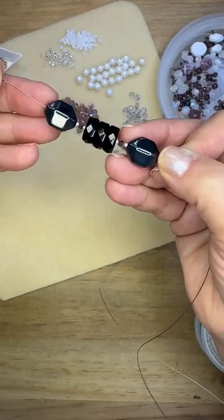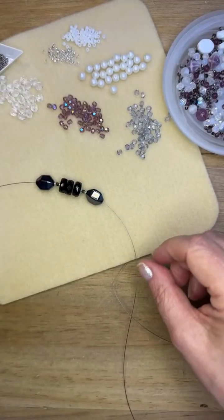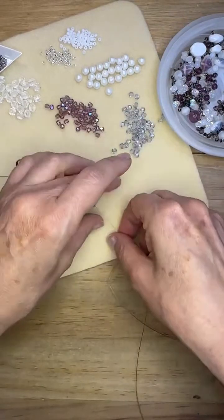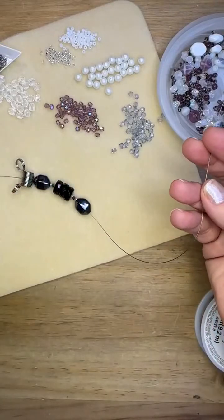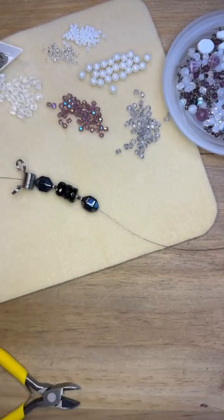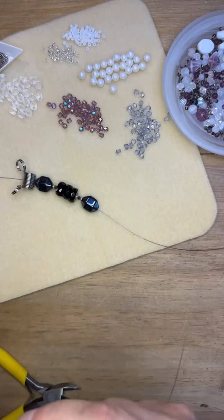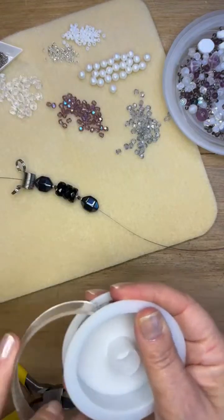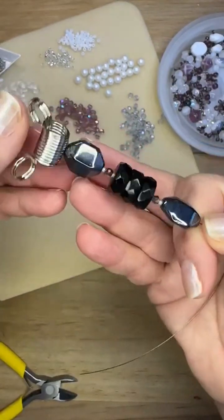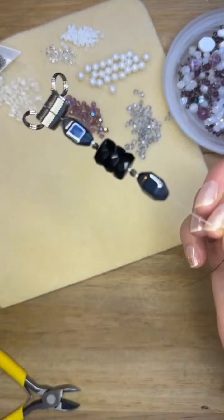Now let's put some things on either side of this. So I'm going to pull out my wire, and I'm probably going to pull out more than I need. And I'm going to use one of the bead stoppers from the kit. You actually get two of those in your kit, which is a great little extra for this kit. If you are just getting started, bead stoppers, if you don't know, are going to help you from having beads all over your floor, all stuck in the carpet, wherever beads can go, they're going to go if you don't use a bead stopper. So I'm going to hold my bead stopper right up against this side of the bracelet,